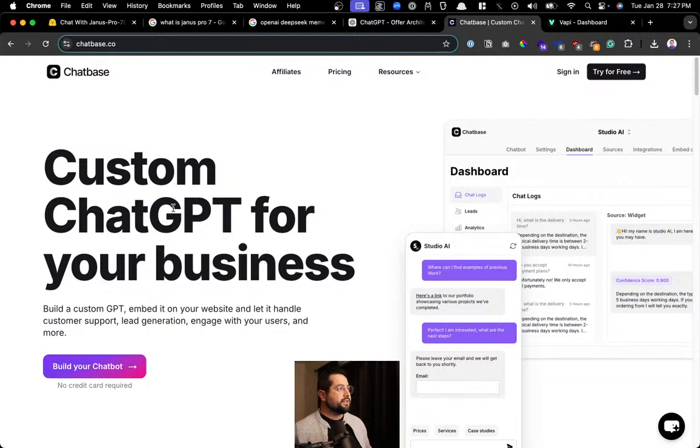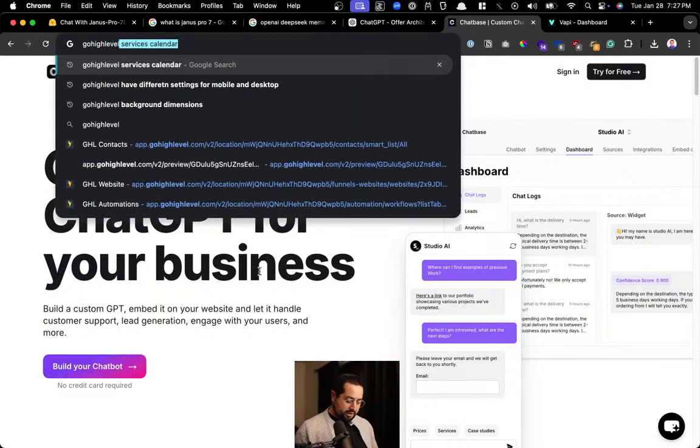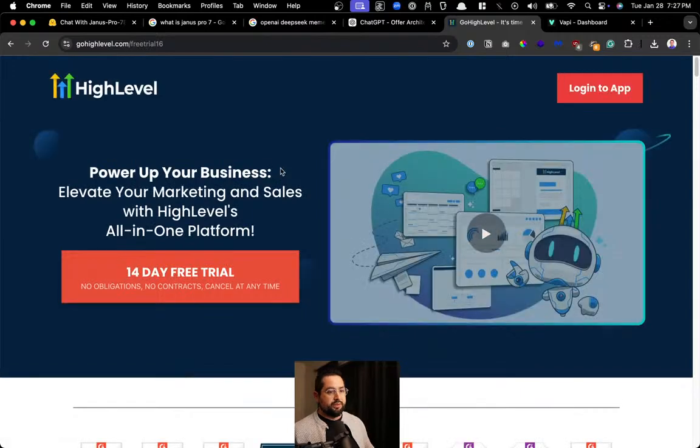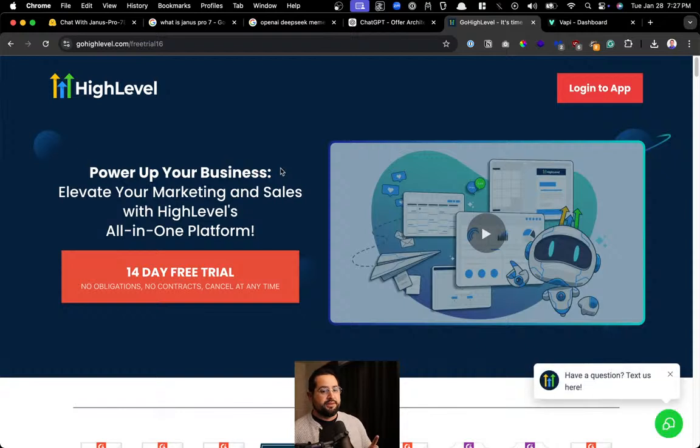Now, of course, the last one, which is actually what I recommend, is Go High Level. I know everyone's like, but I don't have an affiliate code to sell you or anything like that. I don't care, there's really no difference. Any business, before they even start using AI, they have to start using Go High Level to centralize all their website, their CRM, their email marketing, their email and follow-up text, their automation. They have to use all that before they start touching AI, because here you can automatically add an AI chat